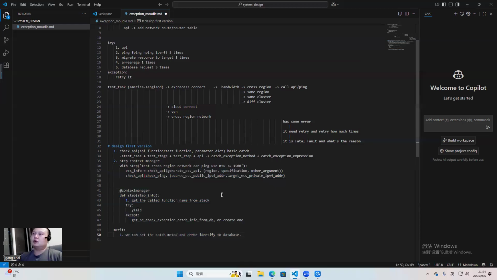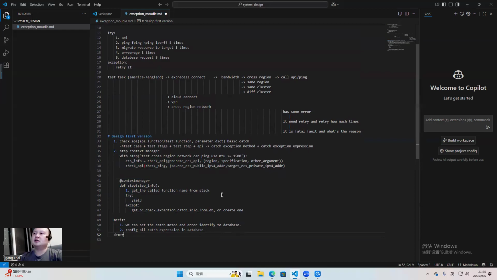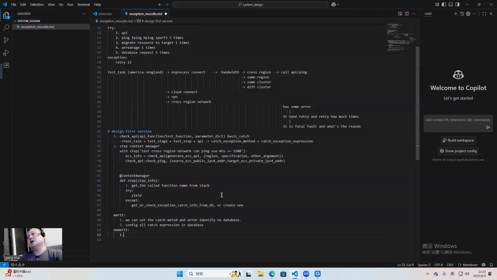So that is the first problem we solved, and the second was that we can configure all catch expressions in the database. And the merits and the demerits. The demerits: the first